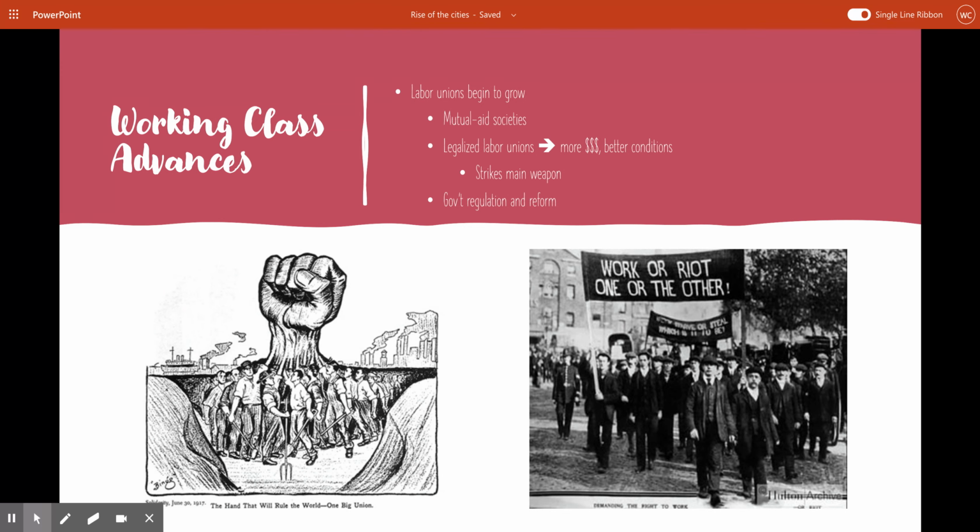And you have these strike busters that kind of pop up, these groups. So for the United States, it's this group called the Pinkertons. They would a lot of times get hired by big factory company owners. They'd get hired to come in and bust up strikes. They were kind of a rough and tumble crew, and would violently attack the workers who were striking, and teach them to not do that again.